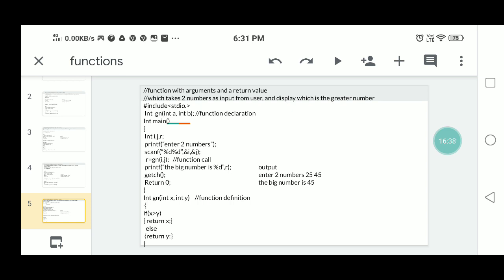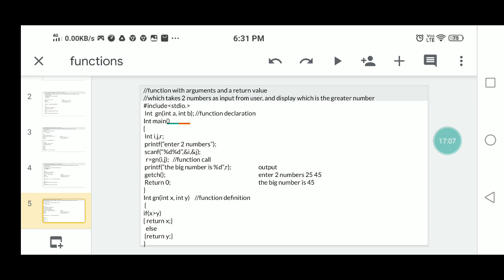That means you can print the value of r. So the entire program will be compiled by running this program. It will ask us for two numbers through the keyboard, that is we enter 25 and 45. After that it will give the biggest number is 45.